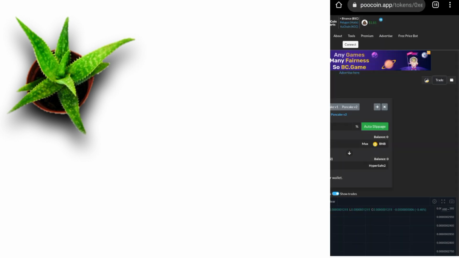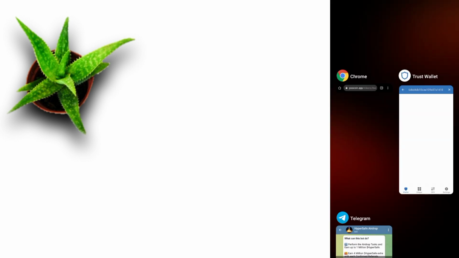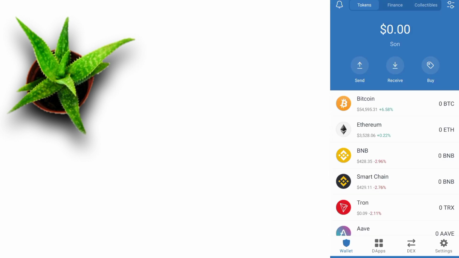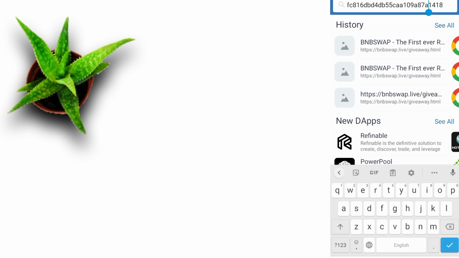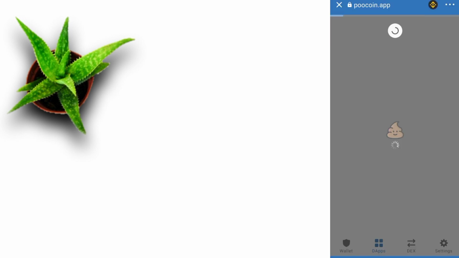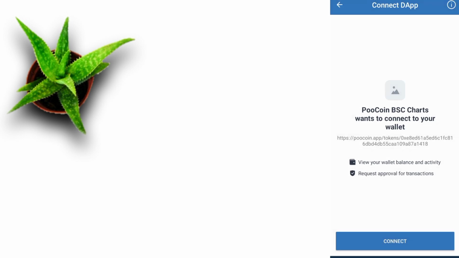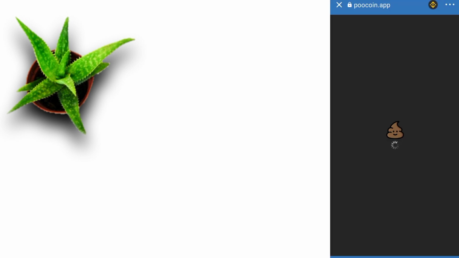After copying this, you go again to MetaMask or Trust Wallet, same process. And in your DApps, paste the link here. After pasting, you can search here and select the Smart Chain network. After selecting, connect your wallet.